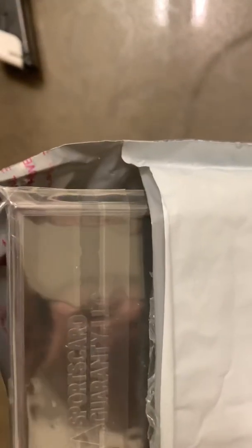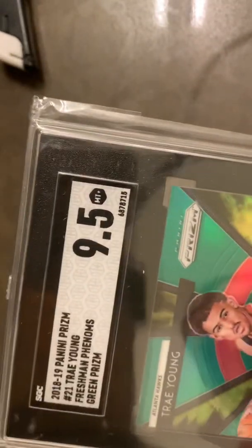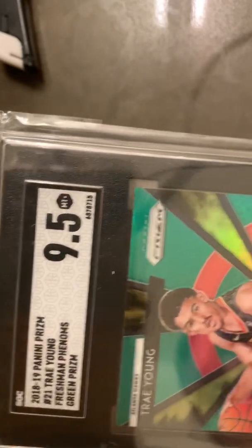So let's see who this is. I already know who it is. It's your boy, Mr. Trae Young. Bought him in the 9.5 again. I think I'm going to crack this because I got this card